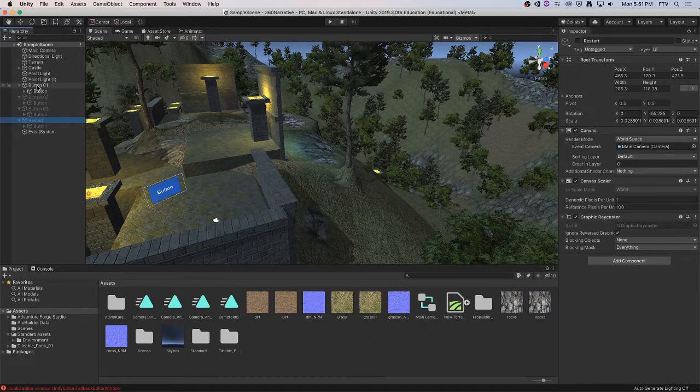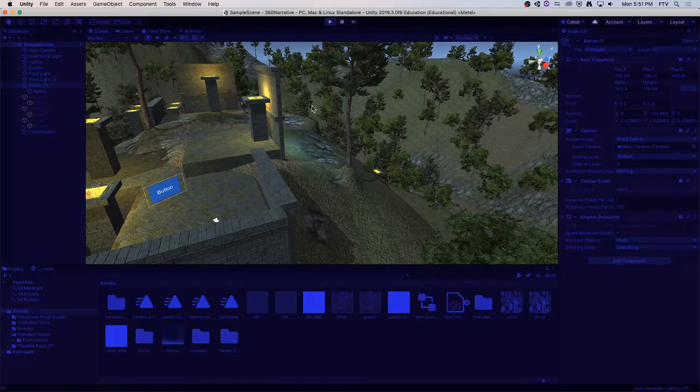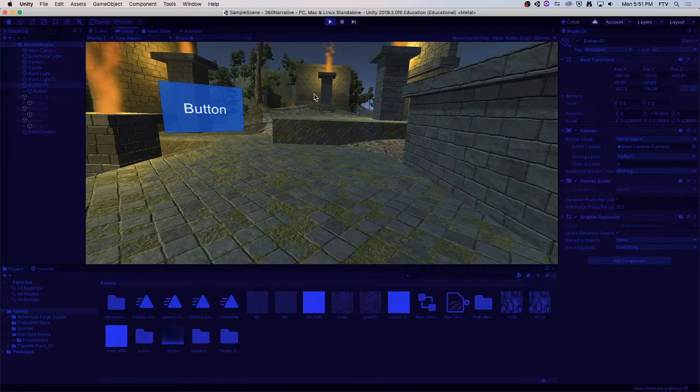Okay, so again, just to reiterate, I've got 4 world space canvases in my scene. Three of them are turned off, and as this one's activated, if we look at our canvas here, let me make sure that it's not set to maximize. If we take a look at our hierarchy here, what's happening is as I click on these buttons,